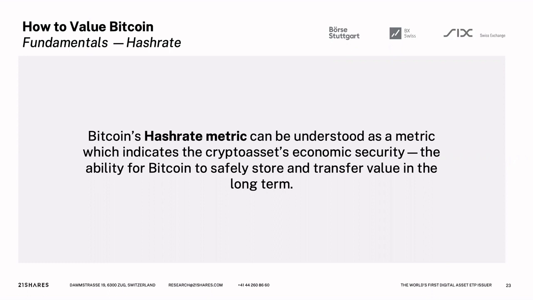But as people know, Bitcoin is mined by miners who use that electricity to solve complicated lottery equations, which allow new Bitcoin to be created and also allow for transactions to be verified. So the hash rate metric measures the amount of competition, or the amount of electricity, which has been dedicated to mining on Bitcoin at any given stage. And the higher this metric is, the more certain we can be of Bitcoin's long-term economic security, because as we said before, proof of work mining is essential to ensuring that Bitcoin functions as it should. And the higher this metric is, the more certain we can be that this is going to be the case.